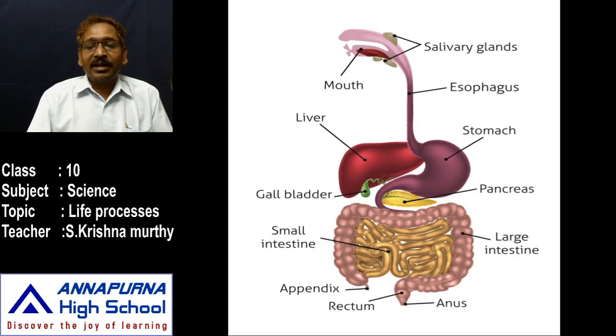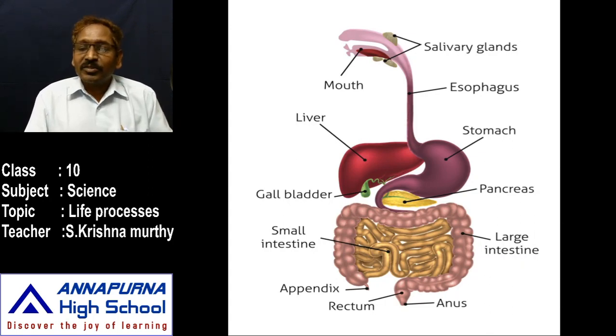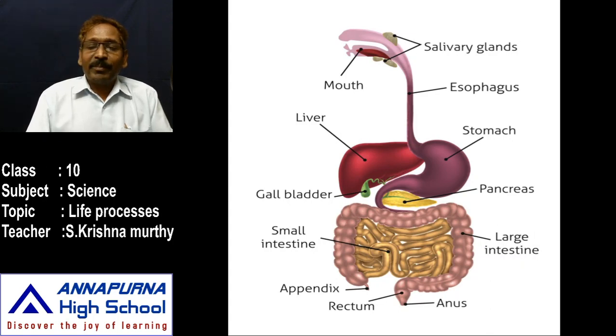Whatever food is partially digested in the stomach or oral cavity can be completely digested in the small intestine by the participation of enzymes such as intestinal enzymes and pancreatic enzymes. Among the intestinal enzymes, sucrase converts sugars into glucose, and peptidase converts proteins into peptones. Finally, undigested food is sent into the large intestine by peristaltic movement.